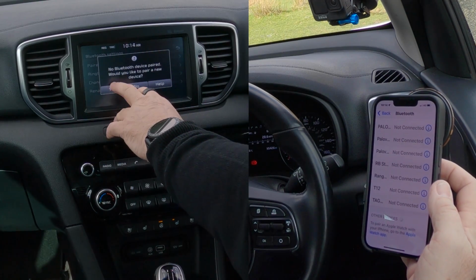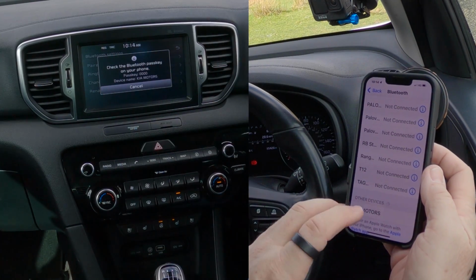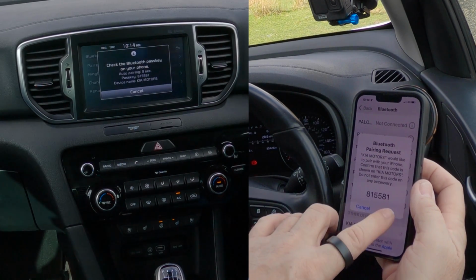Would you like to pair a new device? Yes. Check the Bluetooth passkey. Now it says 4 noughts there, but when I click this, it will generate a random PIN code. There you go. So we click pair,